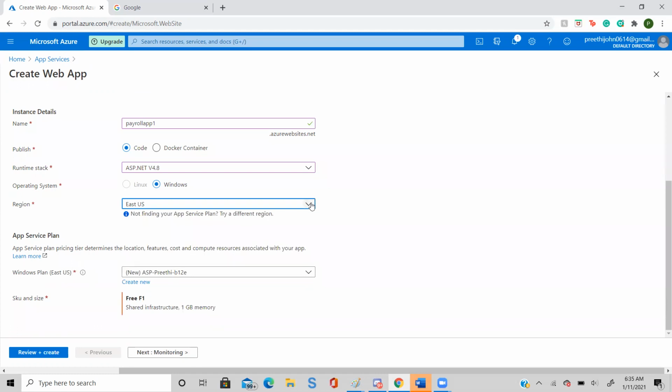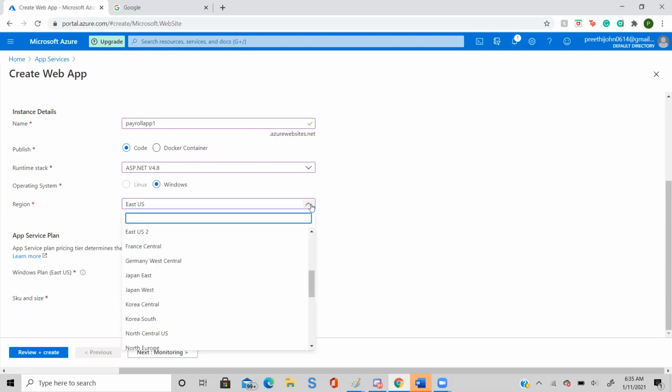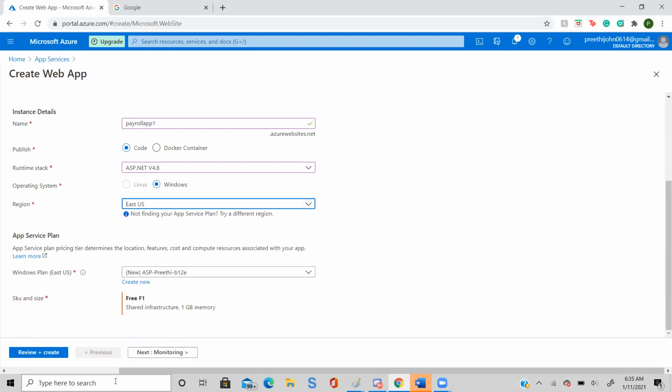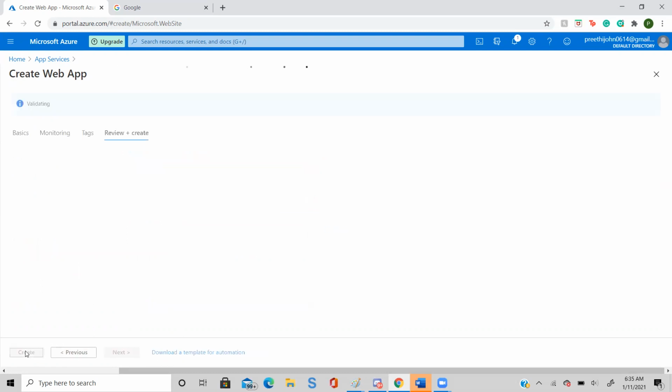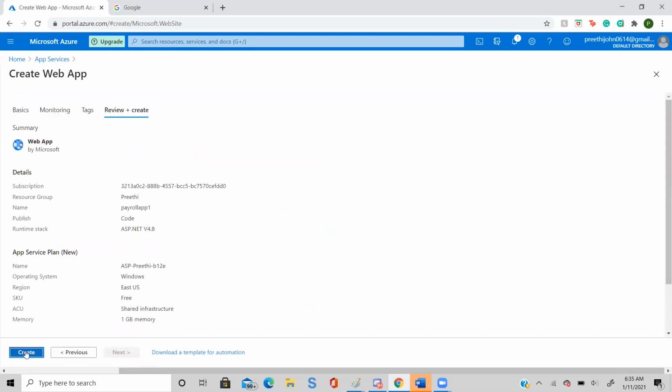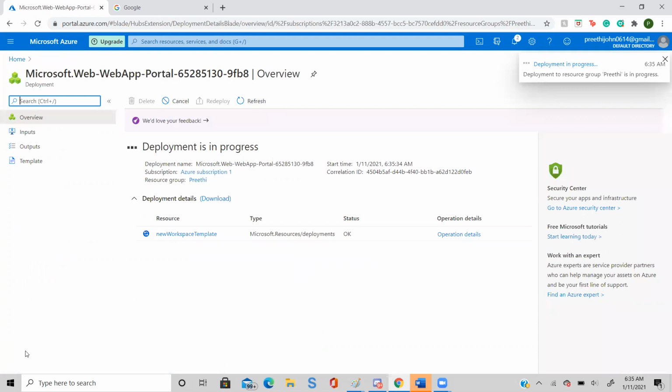This is not finding the app service plan. Try a different region. Just say review and create. Hit create. Let's deploy.